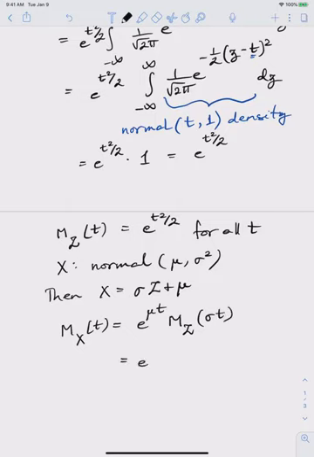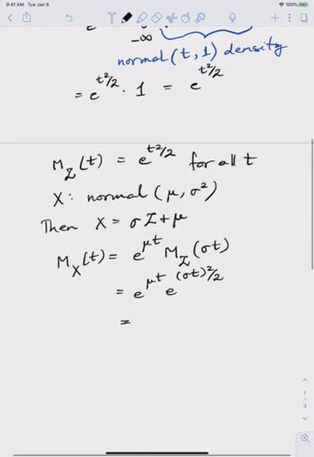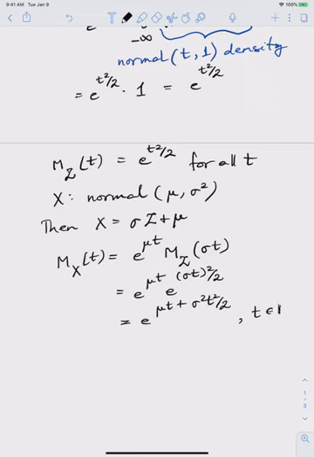And so that is e to the mu t, and then e to the sigma t all squared over 2, and this is usually written as e to the mu t plus sigma squared t squared divided by 2, and t can be any number. And that is your normal moment generating function, which is e to the power